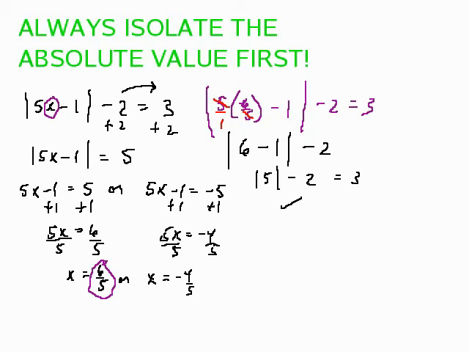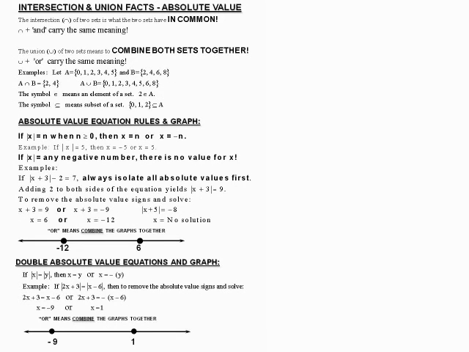All right, so I'm going to go ahead here and pull up a handout that is in Angel in your supplemental handouts. Let's see if I can find it here real quick. There it is. And it is giving you a lot of information on absolute values. Now, we've discussed intersection and union earlier on, too. There is a video on intersection and union you can watch if you need to refresh on that.